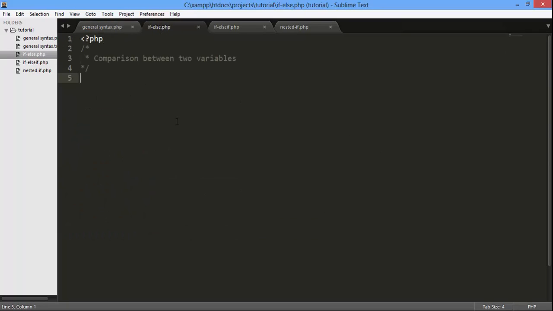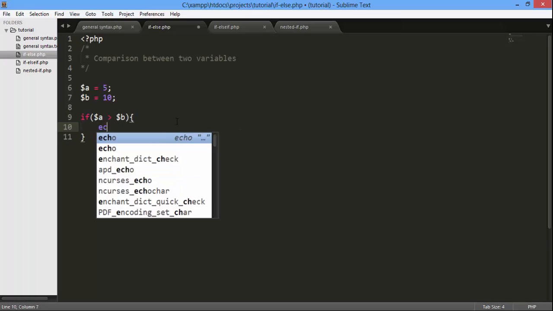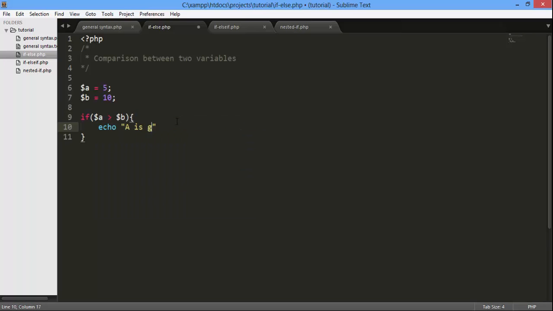To use the if and else, as I said before, we have two variables, a is equal to 5 and b is equal to 10, and we want to show our user which one is greater than the other. To check that, you have to use if, then following the general syntax, the condition a greater than b, and this code block is executed: a is greater than b,